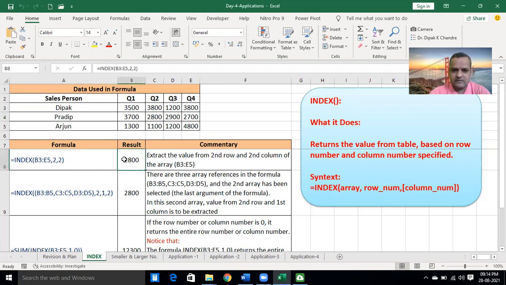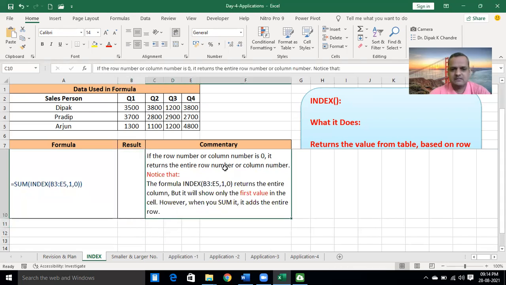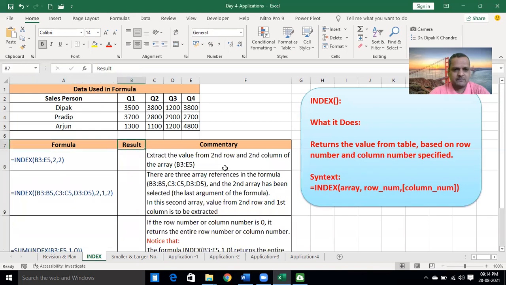So for the INDEX formula, open the sheet simultaneously. I will show you how it works. It extracts the value from the array, which means the range of the table from the starting cell to the ending cell.